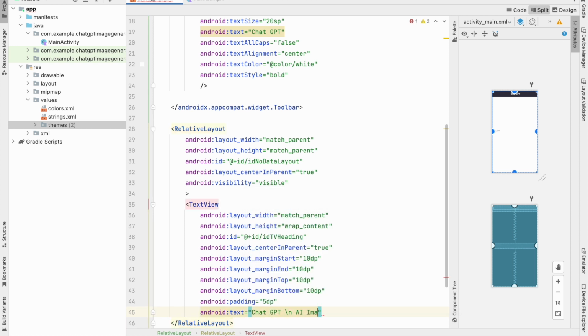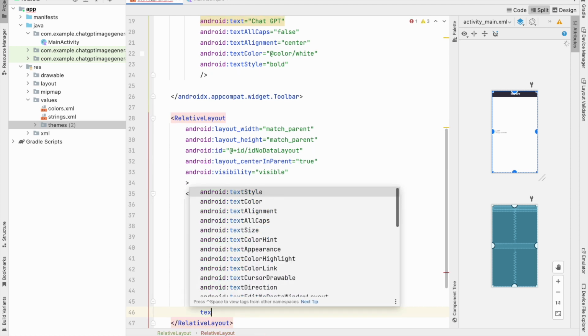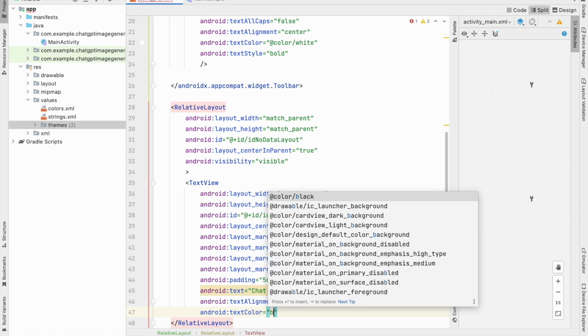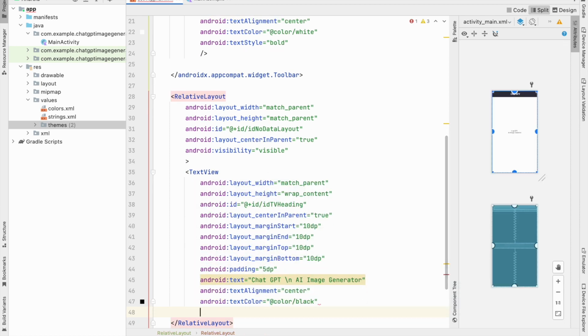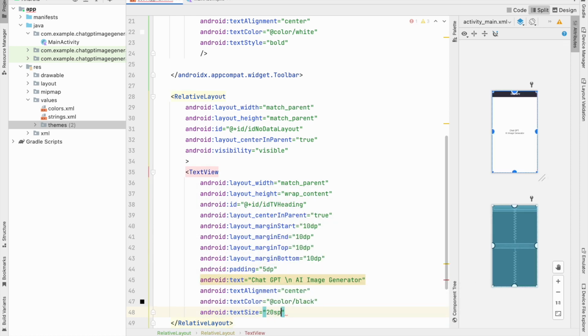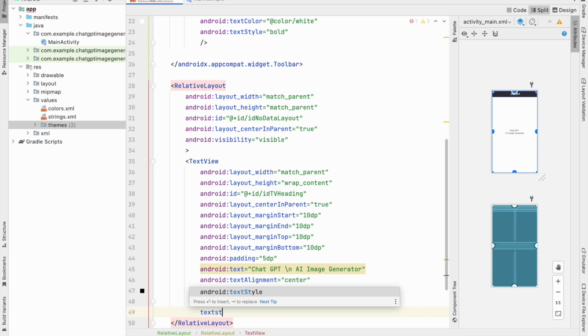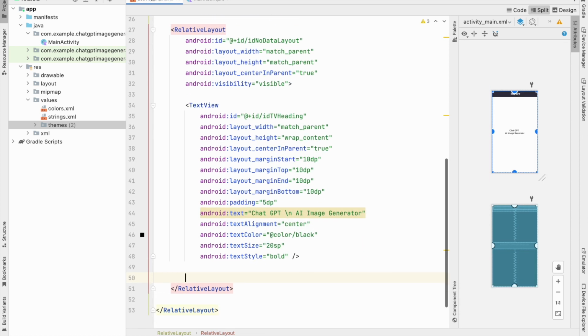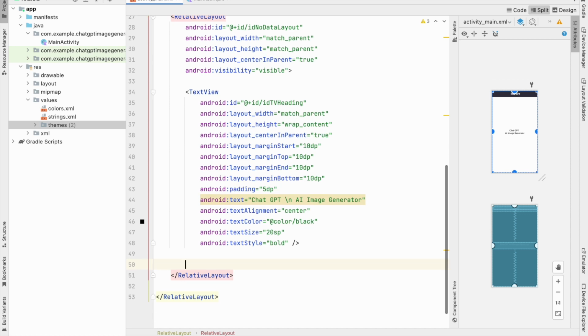chatgpt AI Image Generator, then specifying the text alignment to center, text color as black, then specifying the text size as 20 sp, and lastly specifying the text style as bold. After creating this text view, we will be creating one more text view for the subheading,